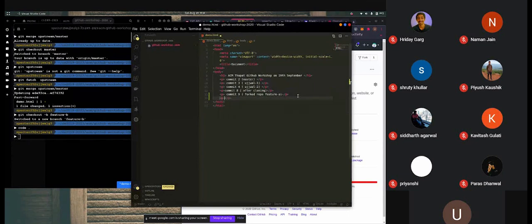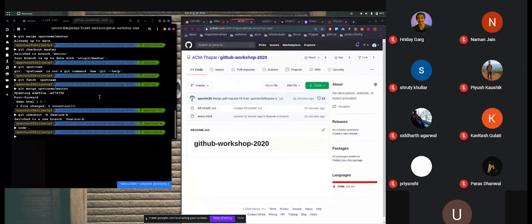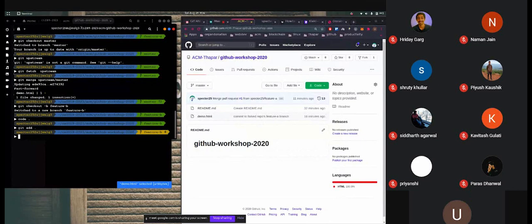I will make some changes to the code. Okay, I made the changes, so I will add the changes to the staging area.